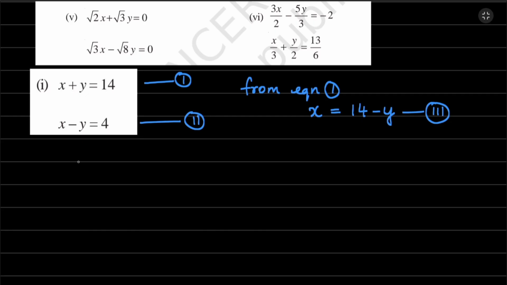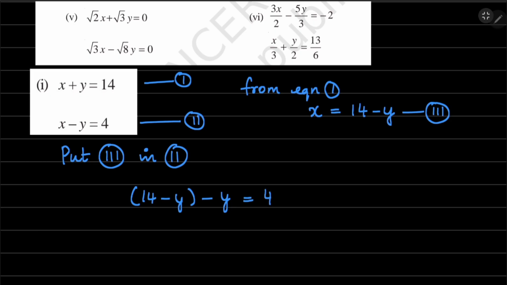Okay, now substitute equation 3 in equation 2, because you have taken equation 3 from equation 1, so we will substitute it in equation 2. Okay, what is equation 2? x minus y equal to 4. What is x here? In place of x, you will be writing 14 minus y